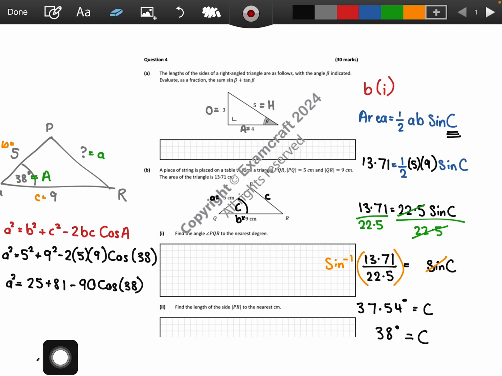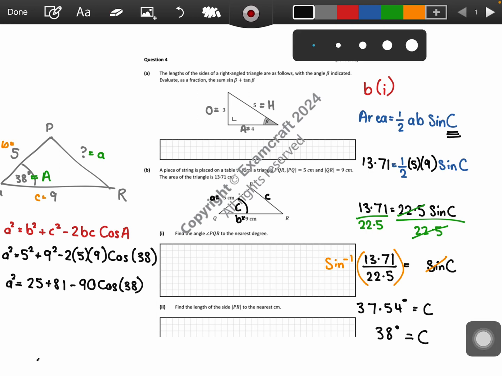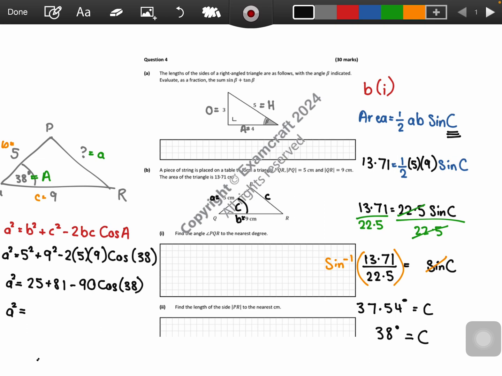So, I'm just going to type it onto my calculator now. So 25 plus 81 minus 90 cos 38. And we get 35.0790318. Okay, that's a lot for me to write out, but I'm just going to write out the start of it. So I'm going to write out that it's